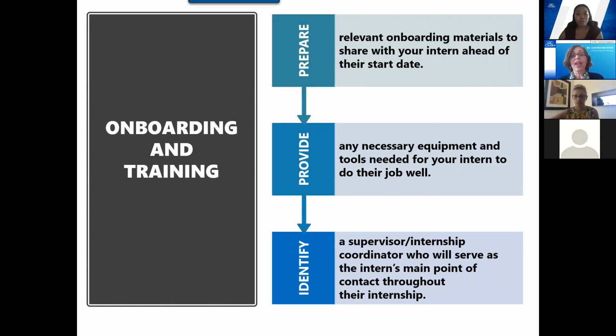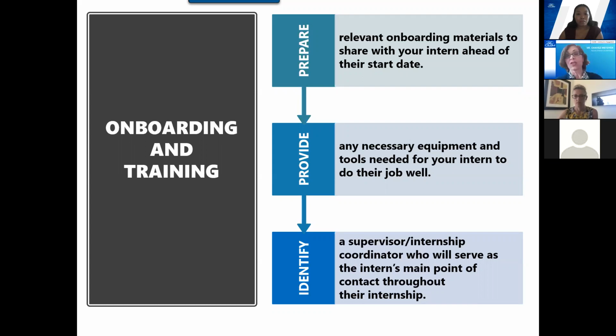The person doesn't even have to have management skills beforehand, but you do need to train that supervisor, make sure that supervisor is prepared to be capable of training and managing the intern. Perhaps someone who just enjoys teaching and training.